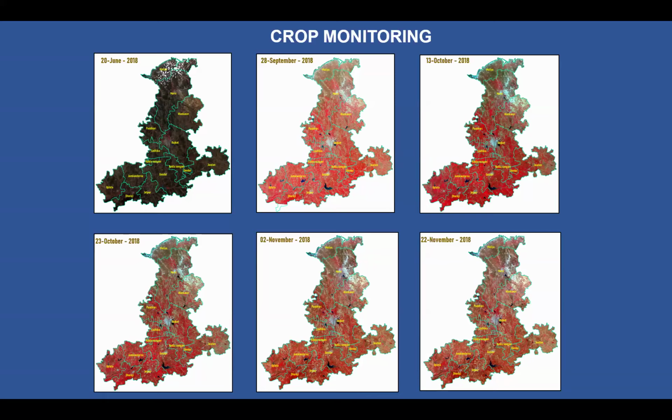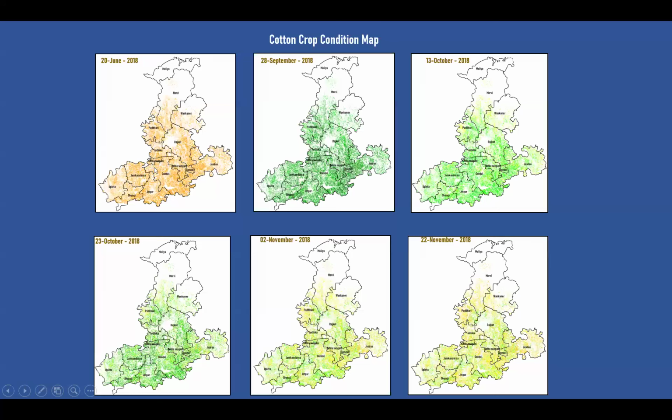Then we can also do the monitoring by taking multiple images at different times. Every 5 days, images are available. So we can do monitoring every 5 days or 10 days, 15 days, 30 days, depending upon the requirement. So this is how we can say that, okay, June month is where all are under sowing. Peak crop season. Slowly the maturity has come in October. It is getting into yellow. October again maturity, November more into maturity, lot of crop is coming to maturity.